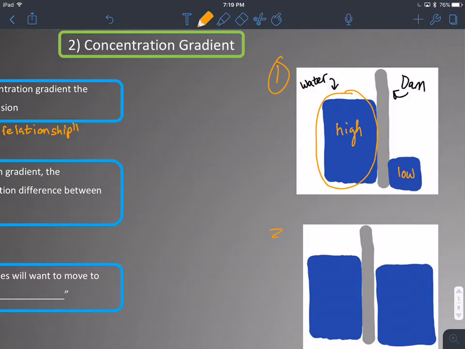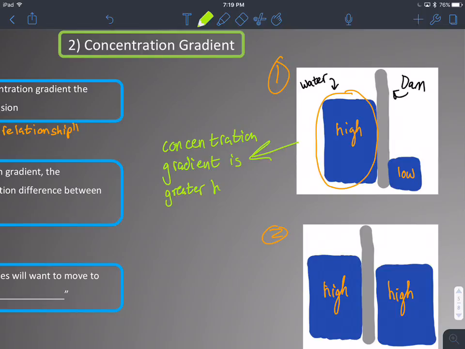Whereas in picture 2, the water on the left is very high, but the water on the right is also very high. So it's in picture 1 that the concentration gradient is actually greater,